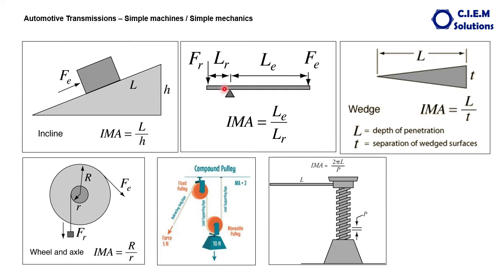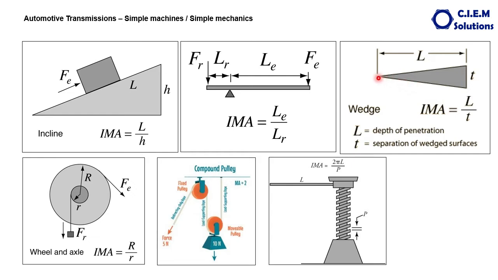The mechanical advantage: the power in is equal to the power output, right? Again, what is the power input? This distance into the effort or force applied. Power out is nothing but this distance, or the vertical distance which the load is moved, into the mass of the load. When it comes to the wedge, the mechanical advantage is